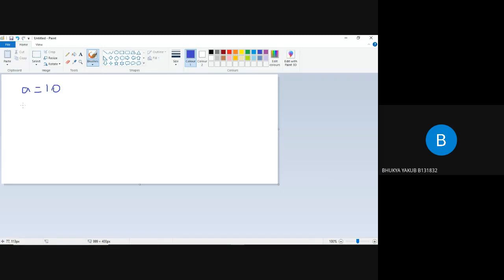Coming to the next, we said b equals 12. It's a very important thing, guys, that's why I'm taking help of the drawing board. So here we'll have c equals 10 again, and there we said d equals 10.0, and there again we said b equals 13.